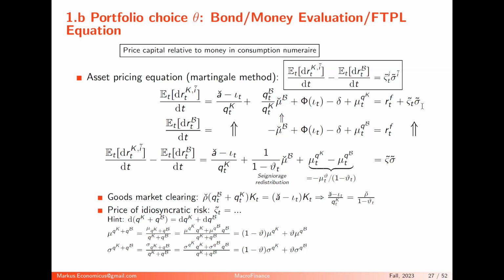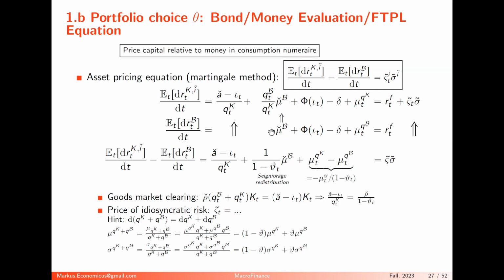Now, what's the expected return on the bond? The expected return on the bond is just the real risk-free rate. That's what we require. But how do you think about that? If the economy grows at 3% and I don't print bonds at all, I just keep bonds fixed in supply, what's my inflation rate? The economy grows at 3%, the bonds don't grow because I keep them fixed. Negative 3%, because I have deflation.